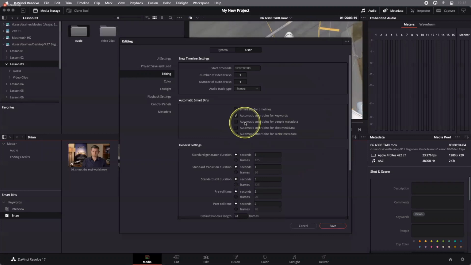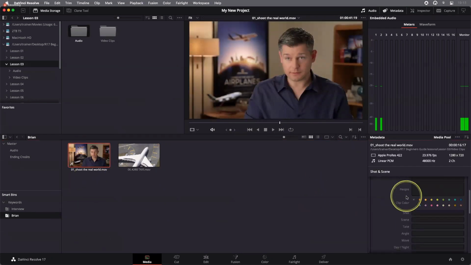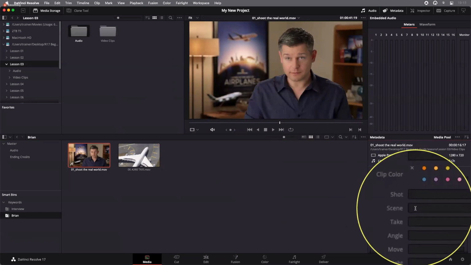But you've also got smart bins for people metadata. That's more of a studio function. You've also got smart bins for shot or scene metadata, as well as a smart bin just for timelines. We'll create timelines in a little while. But if I just save those settings there, and we take a look in the metadata here, you'll notice we've got shot and scene. So I can actually put in a shot number, I could put in a scene number,